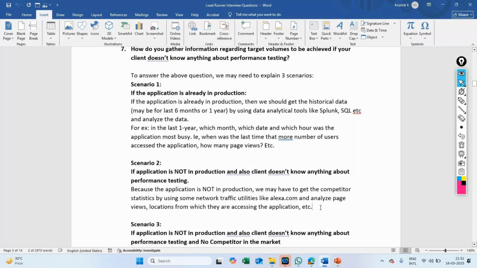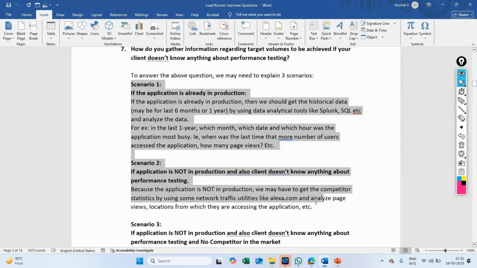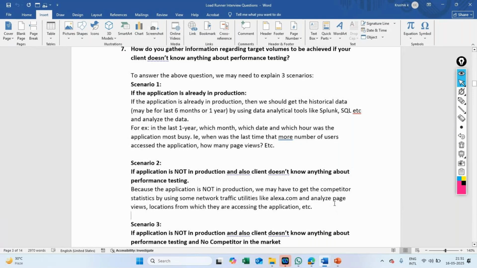Okay. So in this case, as a performance tester, we don't have much scope to do. But still it is asked in the interview, but you have to tell the same solution, same answer. For example, you are working in India and you are doing some Australian project. Now how will you reach out to some vendors and ask for Australian competitors' business and all that stuff, which is not possible, right? So in these cases,